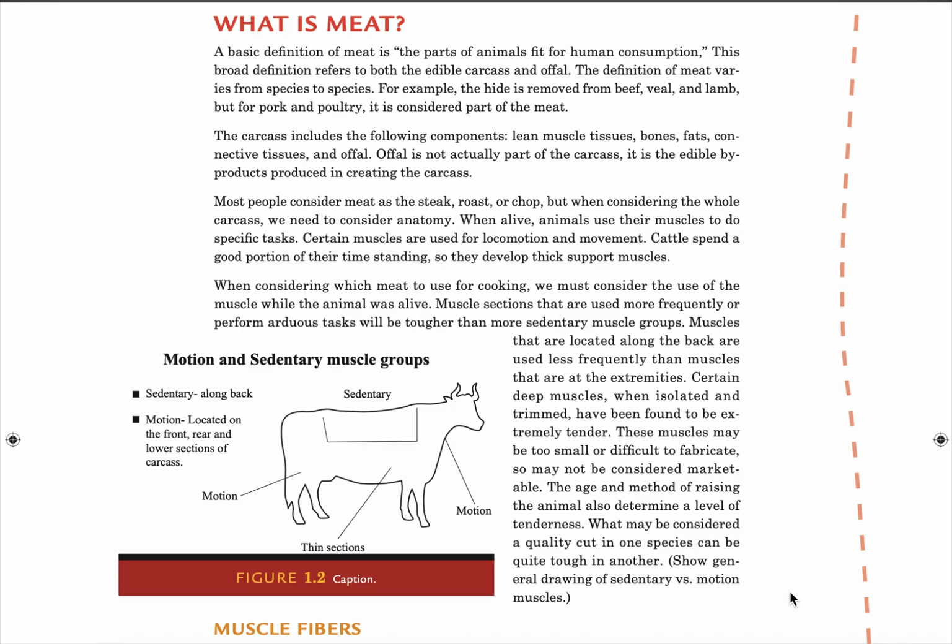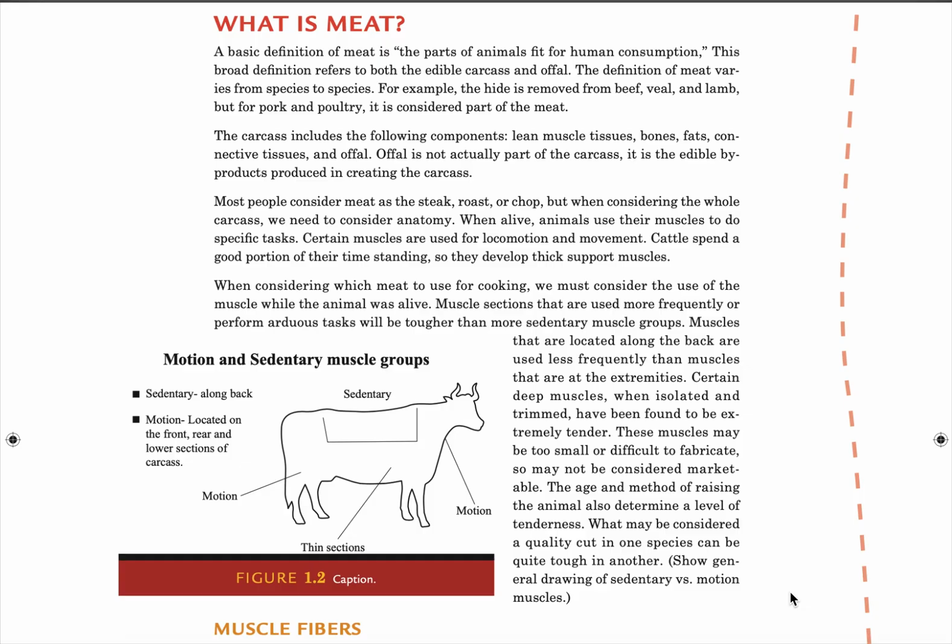What is meat? A basic definition of meat is, quote, parts of animals fit for human consumption, end quote. This broad definition refers to both the edible carcass and the offal. The definition of meat varies from species to species. For example, the hide is removed from beef, veal, and lamb, but for pork and poultry, it is considered part of the meat. The carcass includes the following components: